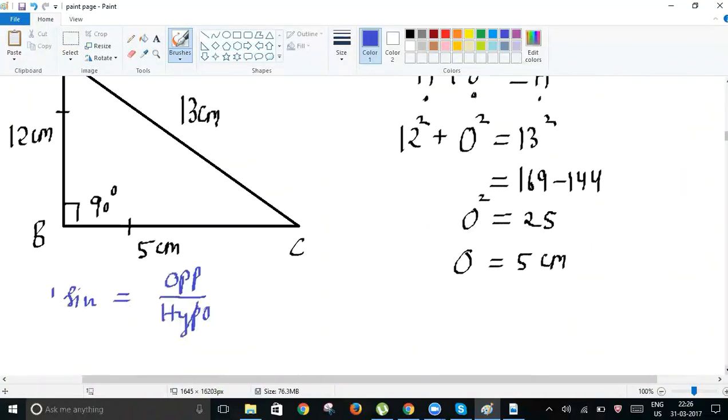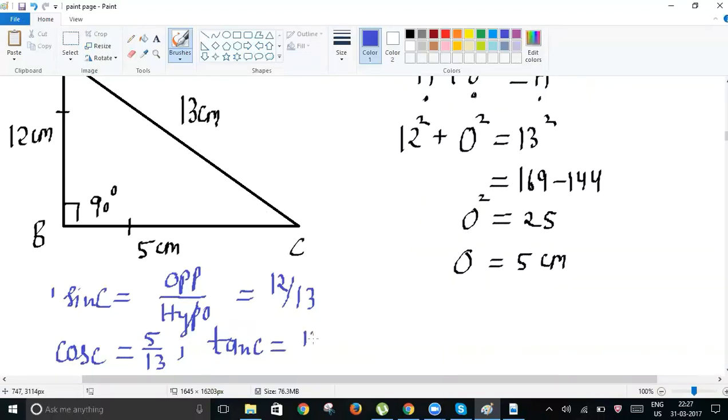I go back to the question now. I calculate for angle C first. For C, what will be the value of sine C? Sine C would be 12 over 13. And what will be the value of cos C? 5 over 13. And tan C? 12 over 5. Now, we can also calculate the reciprocals of these ratios, but before that,